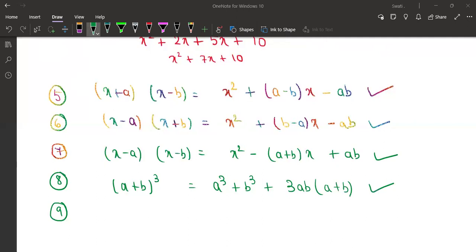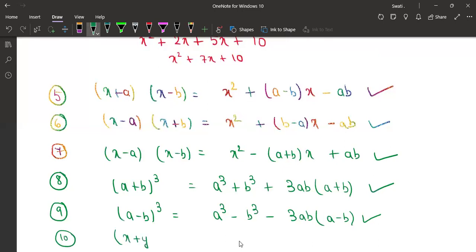Now next we have a minus b whole cube. So let's write out a minus b whole cube. This will become the same formula with the negative sign. So a cube minus b cube minus 3ab into a minus b. This is our a plus b whole cube and a minus b whole cube. Now let's go to the next formula, which is